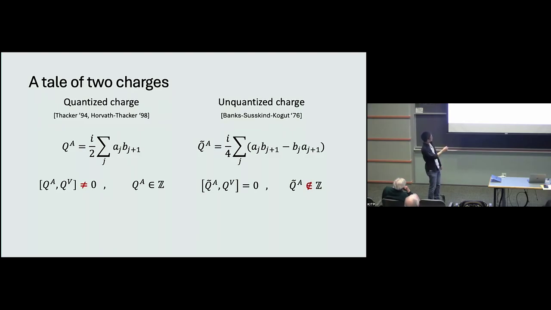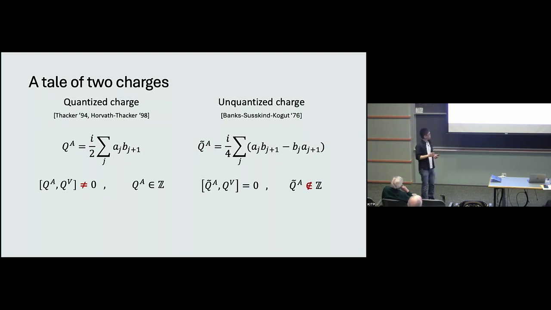This is also one reason. So here on this slide, I present the quantized charge and the unquantized charge on the same footing. And I didn't say I prefer either one of them. But if you really ask me privately, I would say that I probably like the left one better because it has quantized eigenvalues, it can be gauged, and it also acts locally on the fermion. Whereas this one, you cannot gauge it, and when you act on a local fermion at site j, it will spread out over the entire chain.